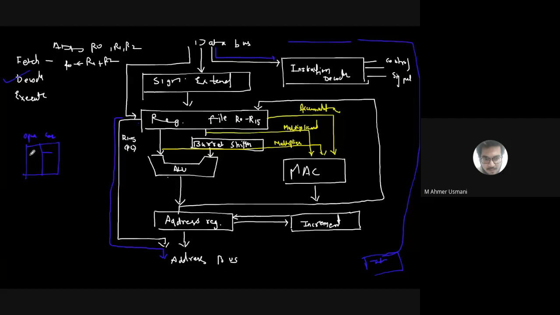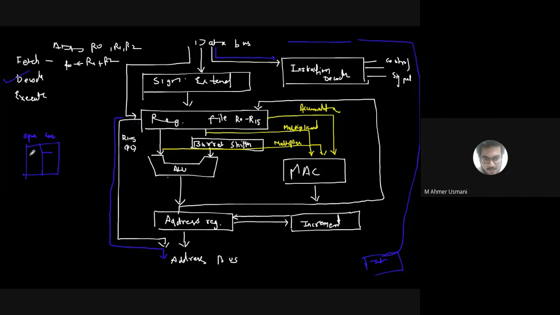Similarly, your processor का जो brain होगा, that is your decoder. Okay, so the decoder will release the control signals, and it will inform all the other components that this instruction is asking us to do something, so whoever is involved in it, please be ready and do the task. So this is informed by the instruction decoder. So we are done with the decoding part.